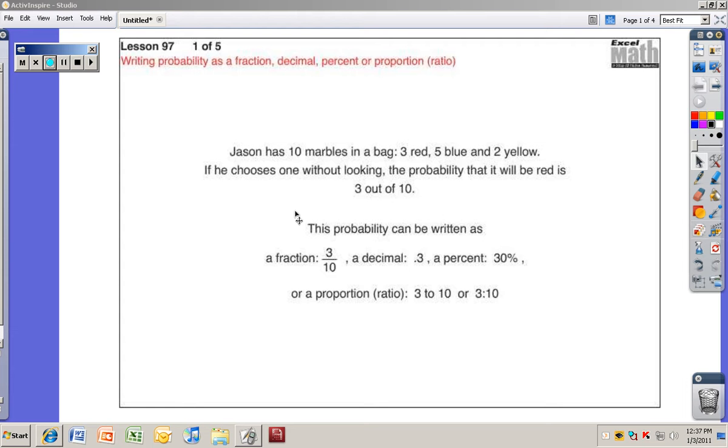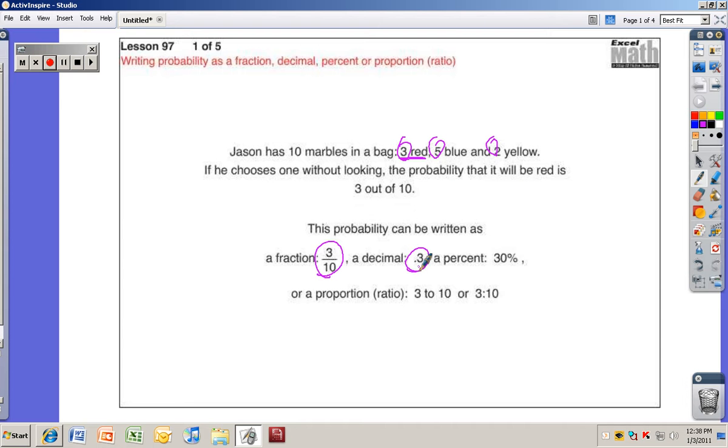Here's our first problem. Jason has 10 marbles in a bag, 3 red, 5 blue, and 2 yellow. If he chooses one without looking, the probability that it will be red is 3 out of 10, because there are 3 red, and altogether we have 3, 5, and 2, making 10. This probability can be written as a fraction to look like this,